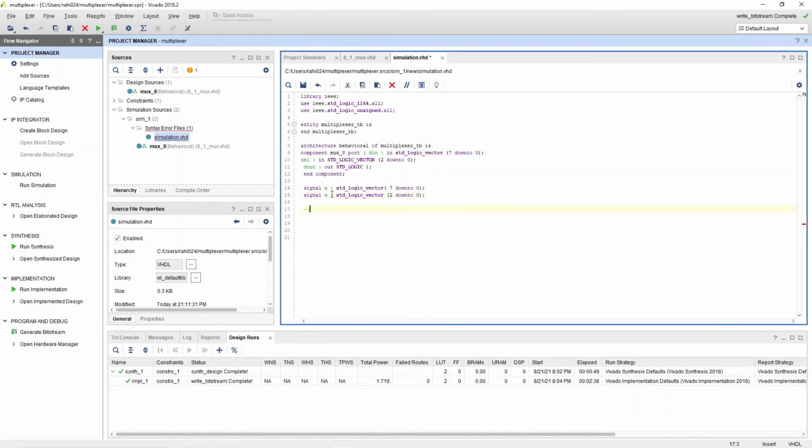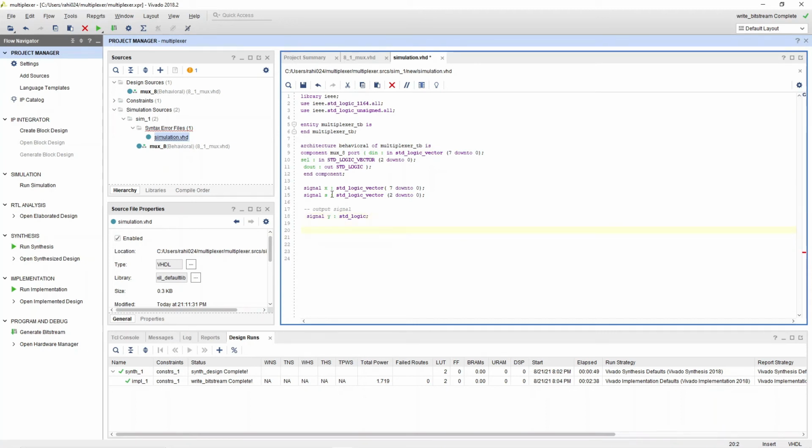Then you have to define the output signal, which should be signal Y of standard logic type. Okay, you have defined the output signal.